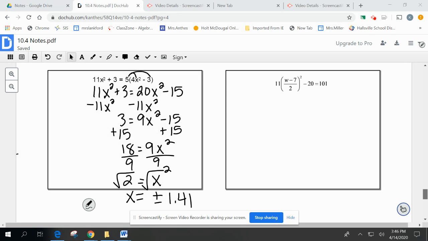Okay, the last one, I'm not going to start with distributing. Instead, I'm going to move that 20 over first. So I'm going to have 11